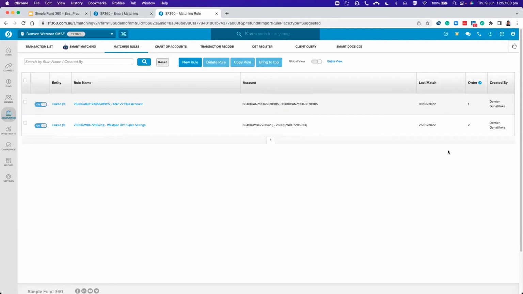If you want to check and make sure that your rules are also working, you can see from here the last match. So for example, the rule that I just created, which was on the 9th of June, so obviously today's date, we can see that this rule has matched in transactions. But I can see that this rule is a little bit older. It's been a couple of weeks since some of the transactions have been posted. Not necessarily a concern, but something to always keep an eye on, just to make sure that your rules are